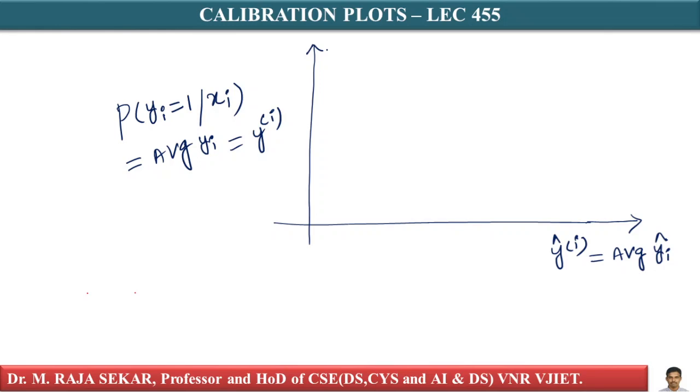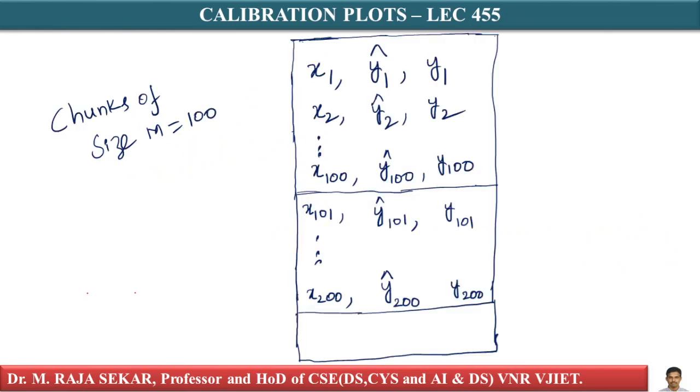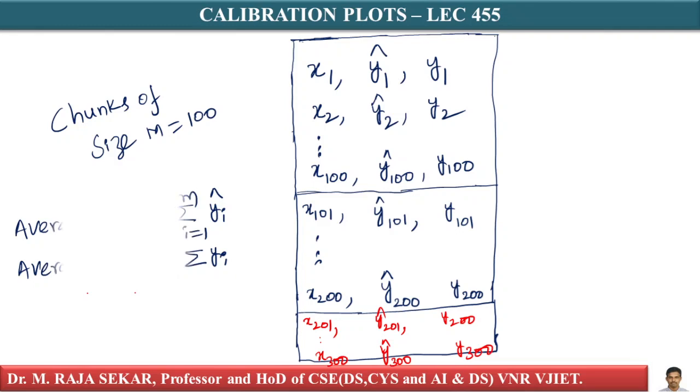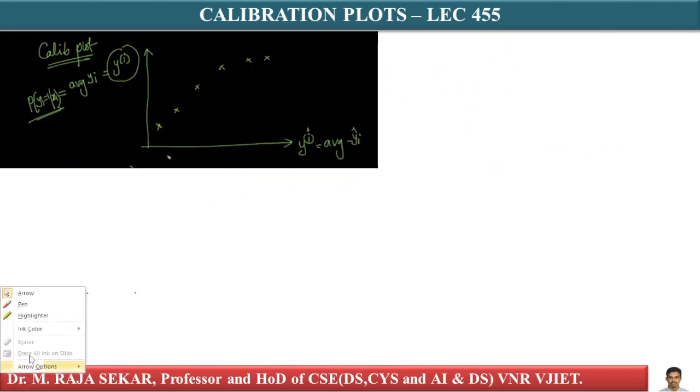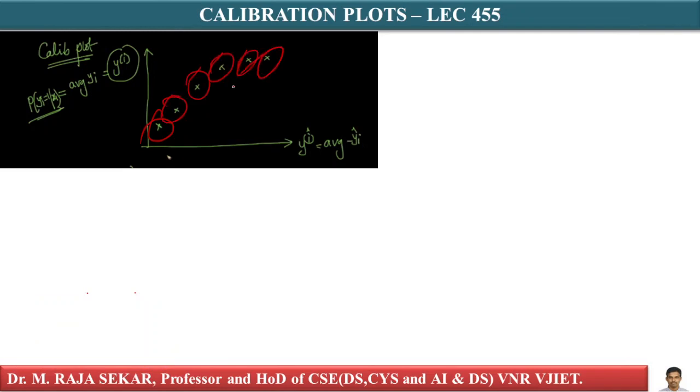So when I plot this, what is the data set that I am plotting? The data set I am plotting is capital D, which is y cap of i, comma yi. y cap of i is on the x-axis, and yi is on the y-axis. Let's assume this is my first point, this is my second point, third point, fourth point, fifth point, sixth point, and so on. Ideally, how should this look? Ideally, these points lie